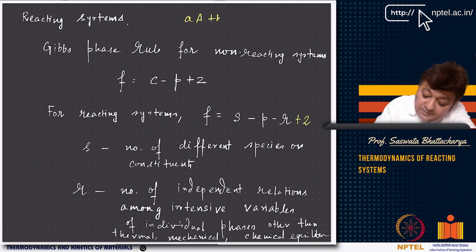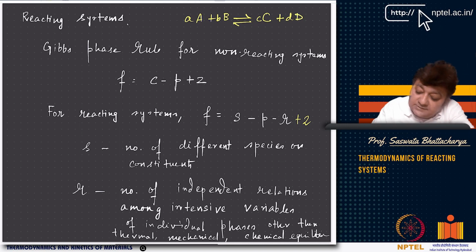Or more generally it is like aA plus bB produces cC, and you have this. So both are possible, right? Reactants to products or products to reactants. So a, b and c are the stoichiometric coefficients. So a moles of A react with b moles of B to produce c moles of C, or a molecules of A and b molecules of B. So this is one reaction, one example reaction.